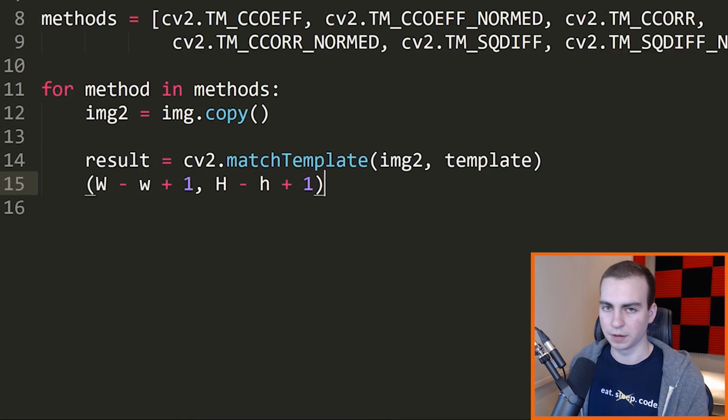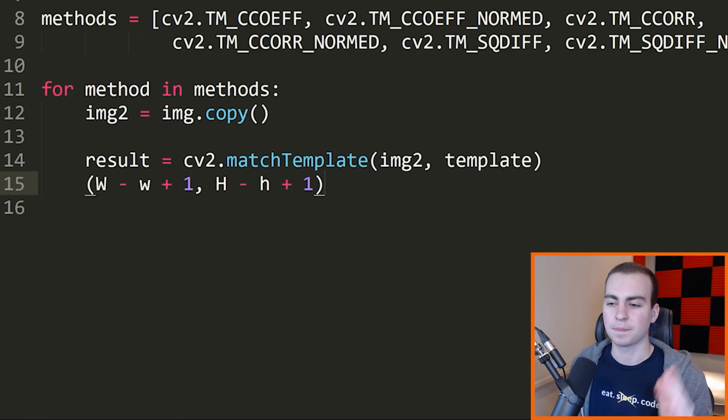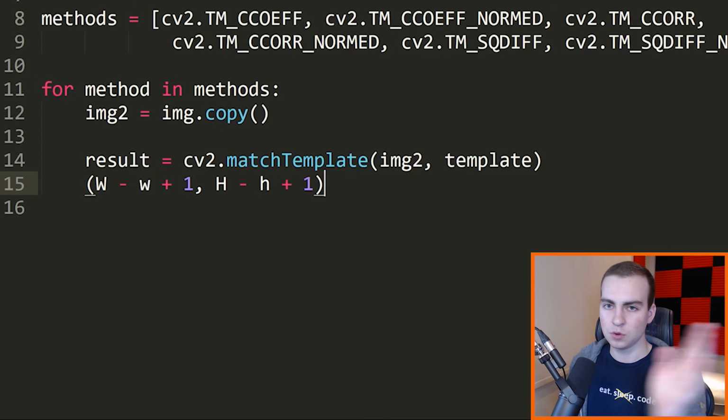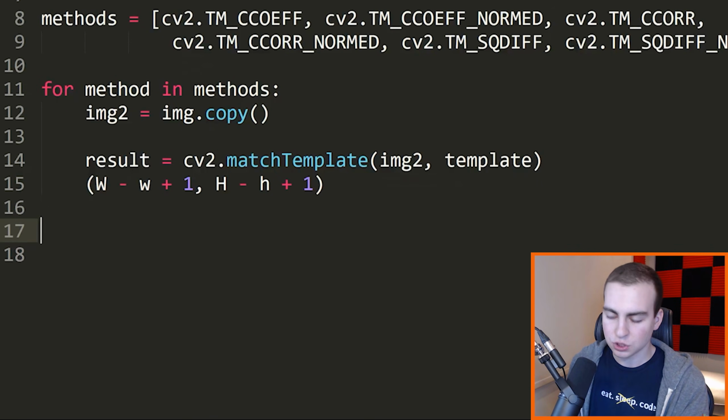Now, when I say W and w, the uppercase W stands for the width of our base image, so the larger width. Then the lowercase w is going to be the width of our template image. Then we're going to add 1. The reason we get this is because when we're performing a convolution, we're essentially taking this template image and, as I said, dragging it around. So we're going to be checking W minus w plus 1 positions in the width, or on the x-axis, as we slide this around.